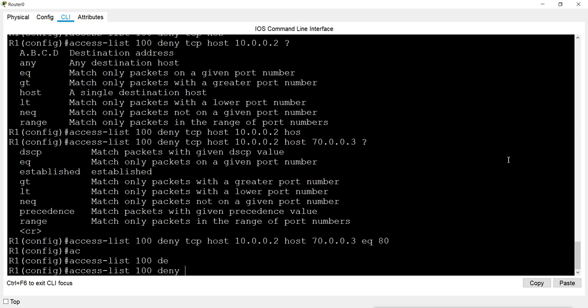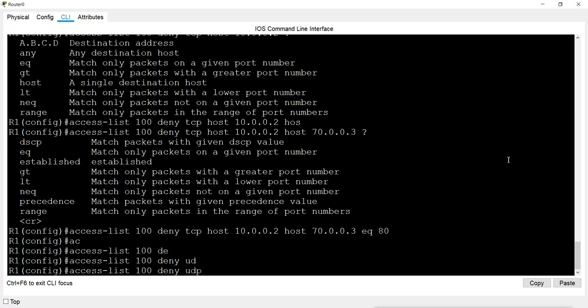Now these DNS requests go with UDP. They will not go with TCP. It uses UDP and port number 53, so that the request and reply for the IP resolution are done very fast, and for that DNS uses UDP. So I will not use TCP here, I will use UDP.